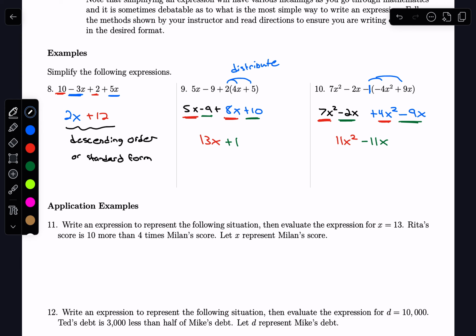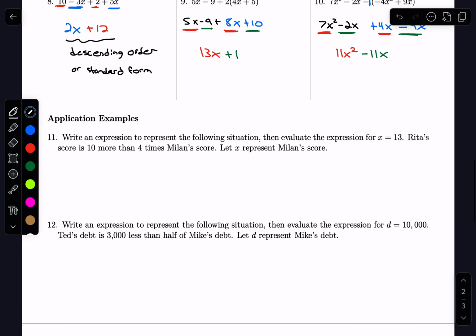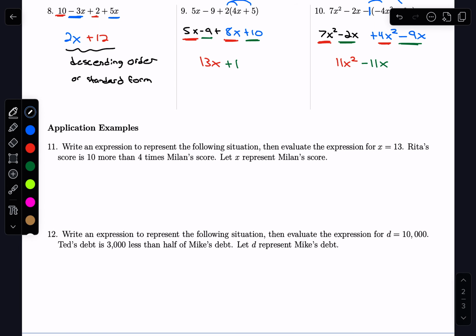Now we're just going to do a couple applications. It's also important to be able to model situations, and that's what we're going to practice right now. It says to write an expression to represent the following situation and then evaluate the expression